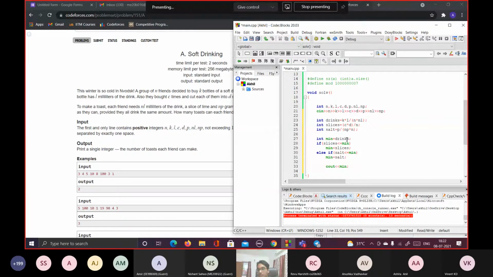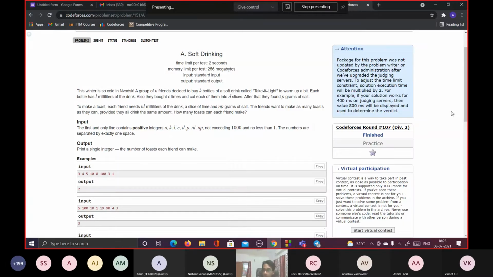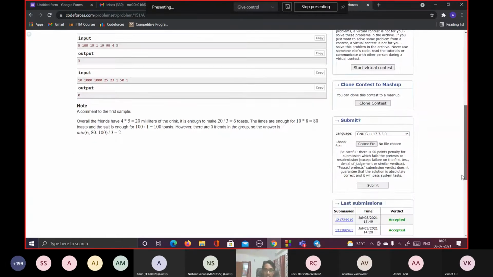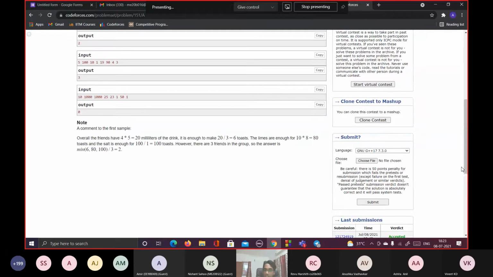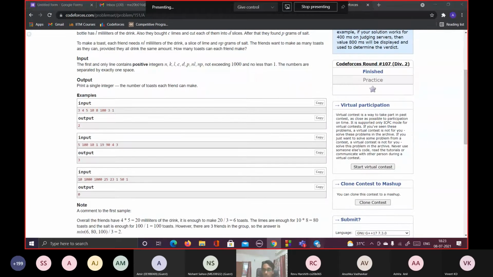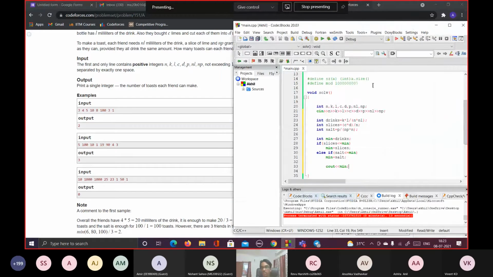Yes, this will run, right? You can just try it out. You can check it for the first case also if you want, just a quick check again. By the calculations, you'll be getting 680 and 100 again. So if any of these quantities are lesser than the minimum which we consider, then you assign that to be the minimum, and salt will be the minimum.